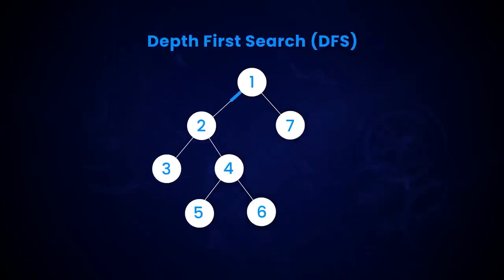You will start at the root node. After that, you apply DFS recursively to the left node. This process continues, going deeper and deeper into the left subtree until it reaches a node with no children. Once the DFS reaches a dead end on the left side, it backtracks. Now it focuses on the right node if it exists and applies DFS recursively again. By doing this, you explore the entire right subtree.